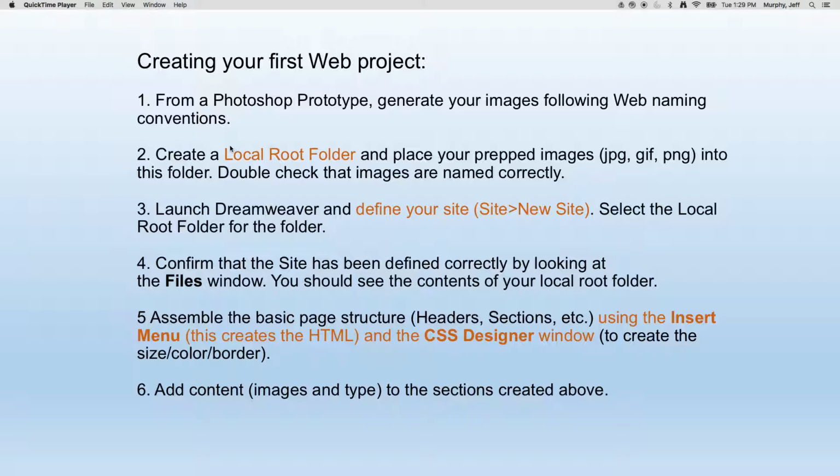We also created a local root folder, which we placed all those images into. They were JPEGs, GIFs, PNGs. We also launched Dreamweaver and defined our site, but we're going to review that today. In fact, after we do that, the big thing today is that we're going to create a